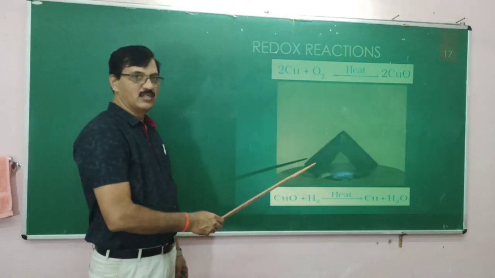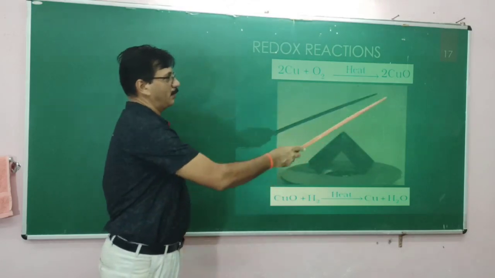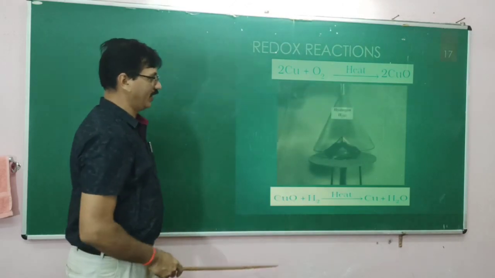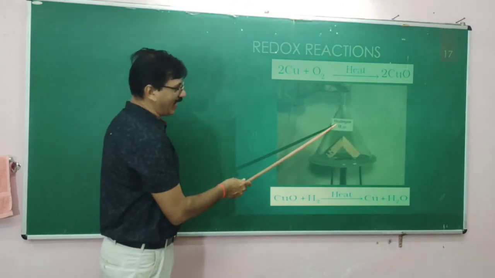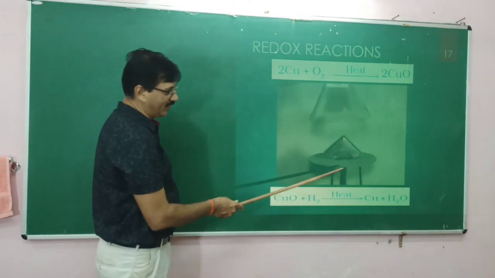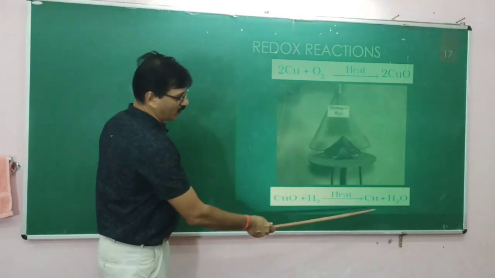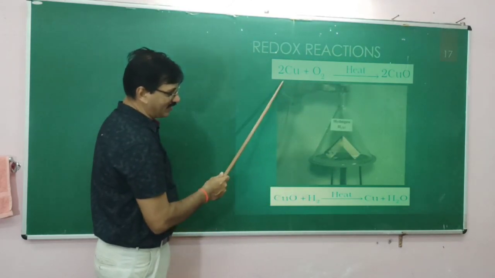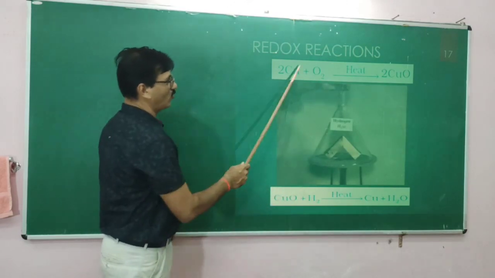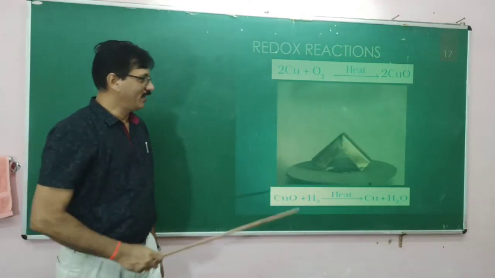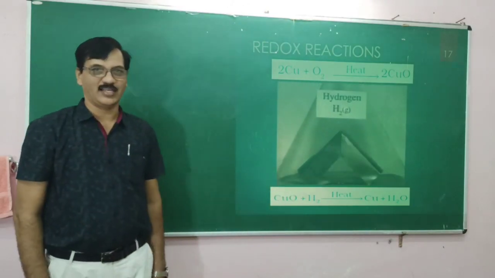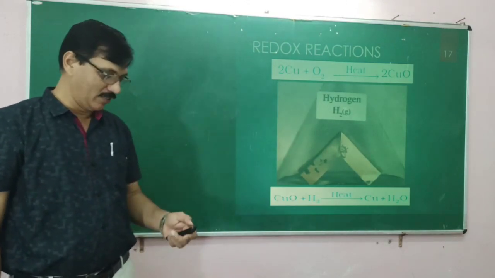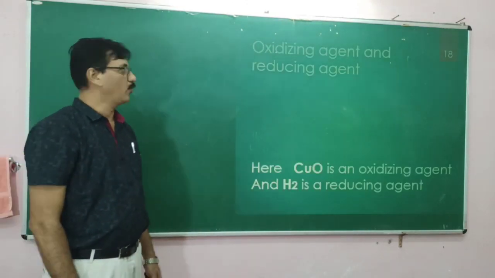Okay, you can see now it has become black. That means copper oxide is being formed. Copper with oxygen will become copper oxide. A funnel carrying hydrogen gas is being taken inside. Therefore, the copper oxide will become copper. You can see the shining surface of the copper once again. Once it is removed, then again copper becomes copper oxide. So, you are seeing oxidation and reduction reactions both in this particular video.